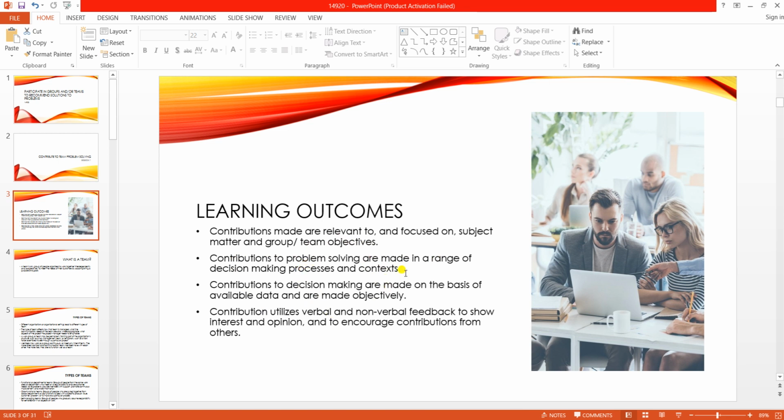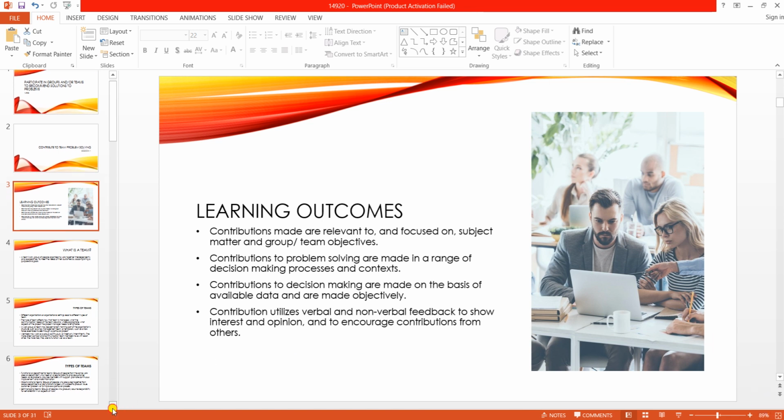Also, problem solving is made in the range of decision making processes and contexts. Also, I've covered that. Decision making is made on the basis of available data and made objectively, also utilizing verbal and non-verbal feedback to show interest and opinion and encourage contributions from others. I've managed to cover that in terms of the types of teams that we have,